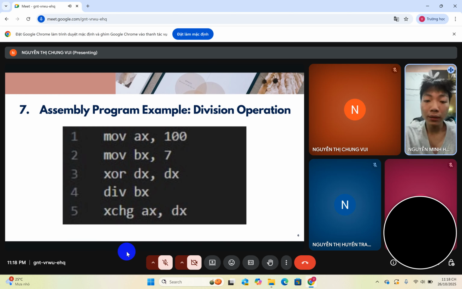In summary, this program shows how the div instruction works in assembly. It teaches us how to map the equation. The processor automatically stores the quotient in AX and the remainder in DX. After division, by using XCHG, we can swap them according to the requirement. This is a small but very useful example to understand how data moves between registers during the arithmetic